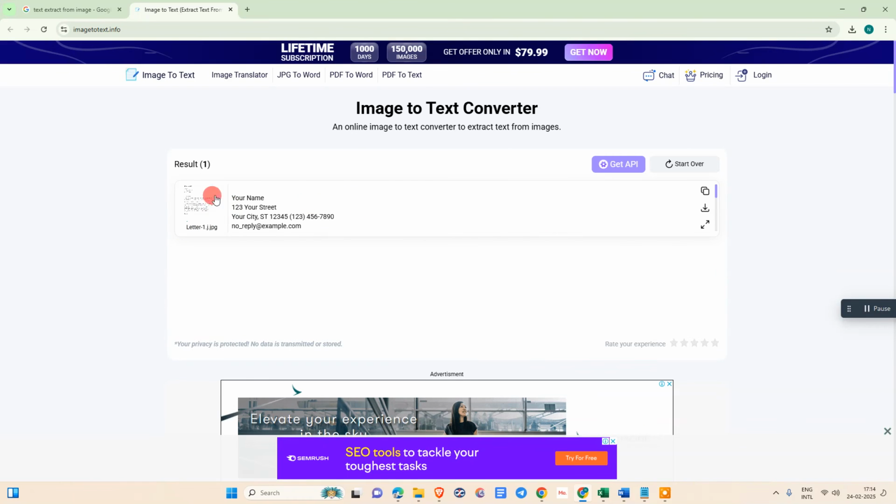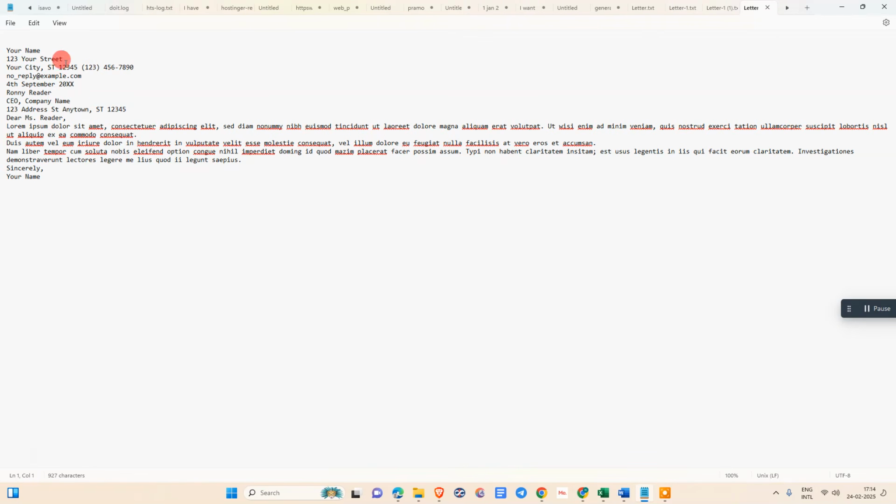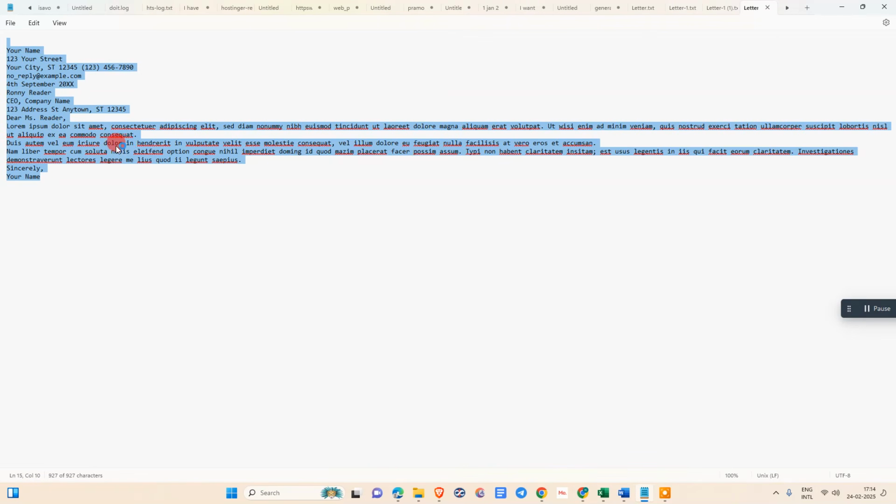Okay, it will be converted into a txt file. Now you need to download from here. You can simply copy text from here. So let me download it first. Okay, so I just open it. You can see all the text properly extracted. Just select all the text, copy it, come to the